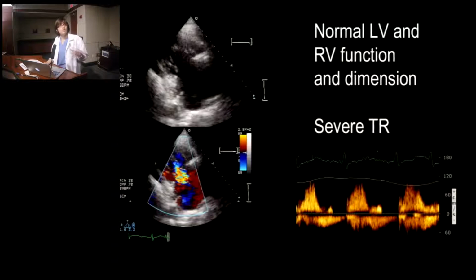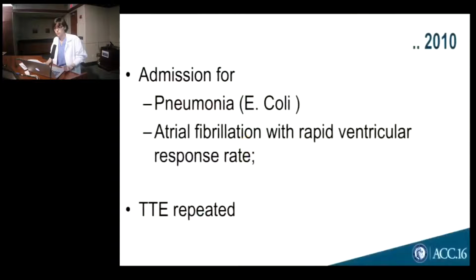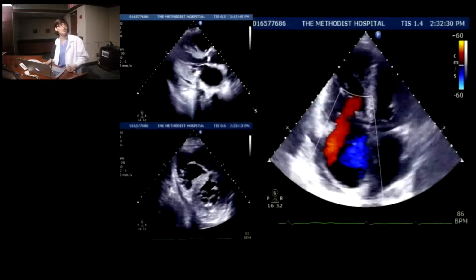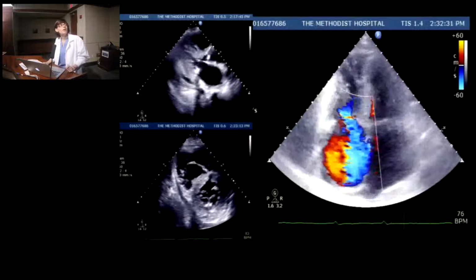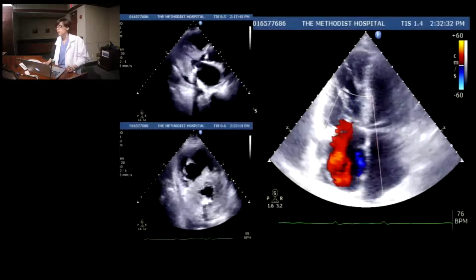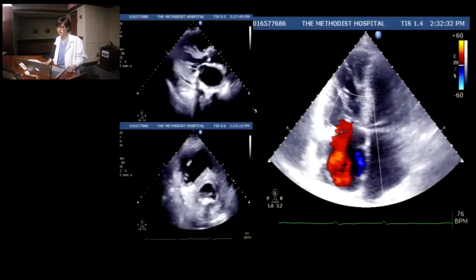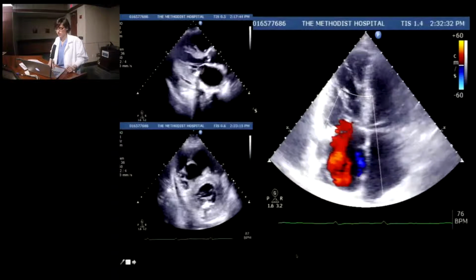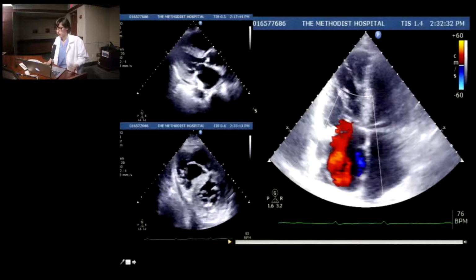On the following year, she presented multiple times in the emergency department complaining of the same issue, so basically tachycardia during her hemodialysis session. And she was hospitalized once more in 2010, admission for a septic issue, so she had pneumonia, and was found, of course, in that context to have, again, atrial fibrillation with a poor rate control. And this time, when they looked at her echo, the figure that we have is totally different. So now I hope you can appreciate the reduced RV function, an RV which is dilated and not really contracting, and on the apical four-chamber, a color Doppler which is striking for severe TR.